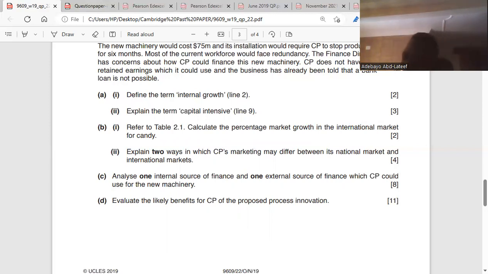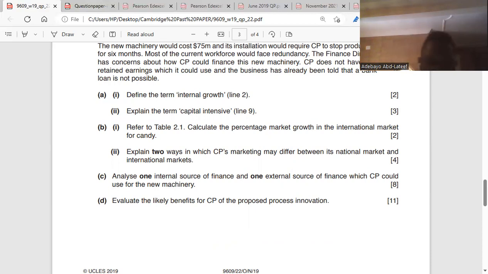The second point is about difference in price. When we talk about difference in price, we're talking about price elasticity. Price elasticity is the degree of responsiveness of the quantity demanded of a product as a result of a change in price. Different countries will have different elasticity for candy, yes or no? Yeah. Some countries might see candy as a luxury, which means it's going to have high elasticity, while other countries might see it as a normal good. It's based on the country. Is it clear?